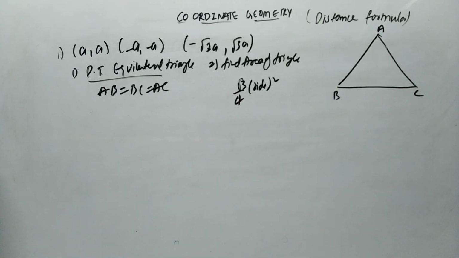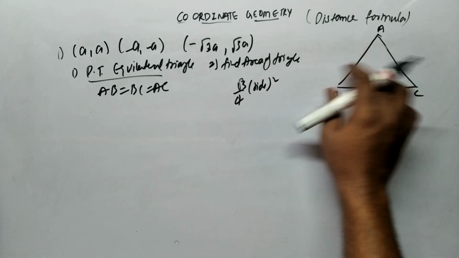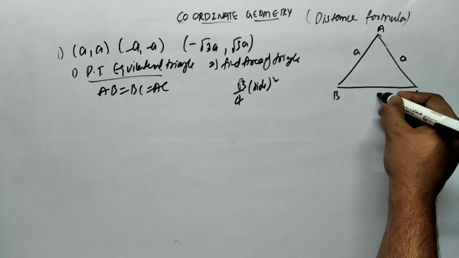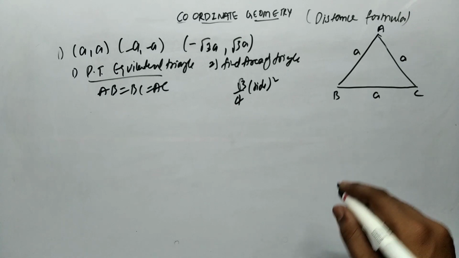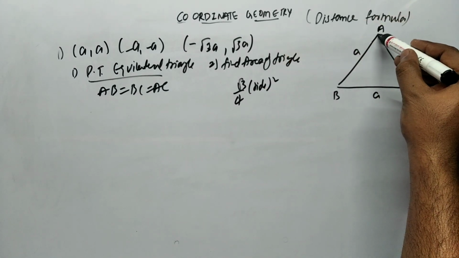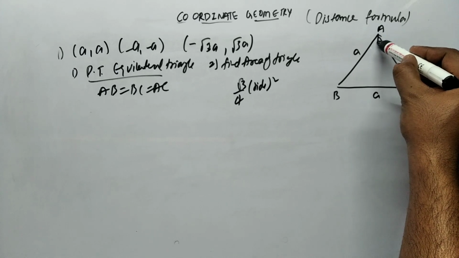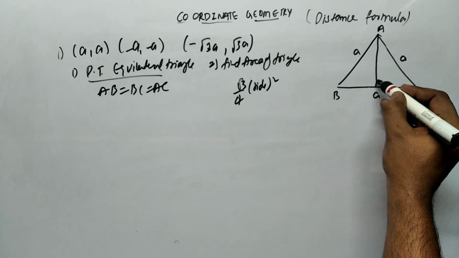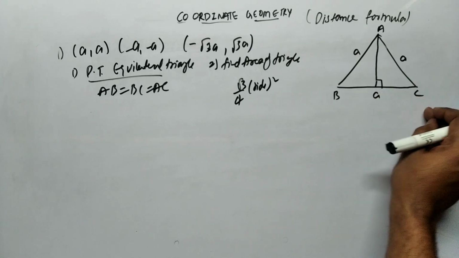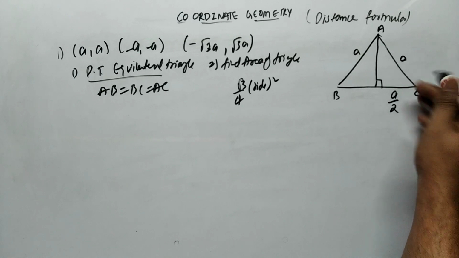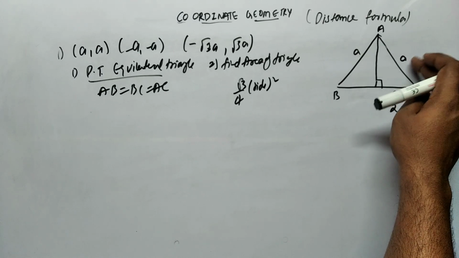So how we got this formula, I will explain. As we know, in an equilateral triangle all the sides are equal, so I am taking all the sides as a. To find the area of the triangle, I am taking the help of the median. It will divide the equilateral triangle into 2 parts. This looks like a right angle triangle, and this total side is a. Now this part will be a by 2, and we know the hypotenuse is a.